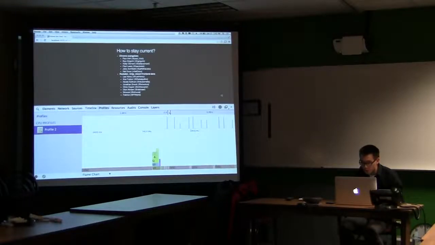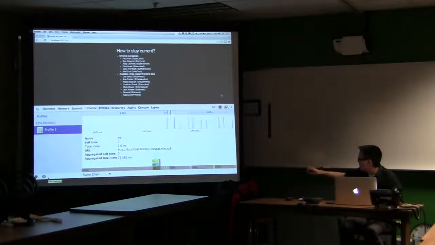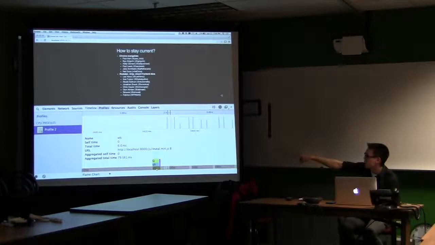Okay, so let's say we zoom in on this, and this view on the bottom shows a breakdown. At this time, you spent so much time here, and you start out with a function called, and unfortunately, this is mostly because it's minified code, so the name of the function is WB. So WB was called, and then WB ended up calling QB, and QB ended up calling Q. But what's neat about this is it shows you very visually how much time got sucked up at each level, right? So that you might be able to gain some insight, like, okay, I wasn't expecting this,